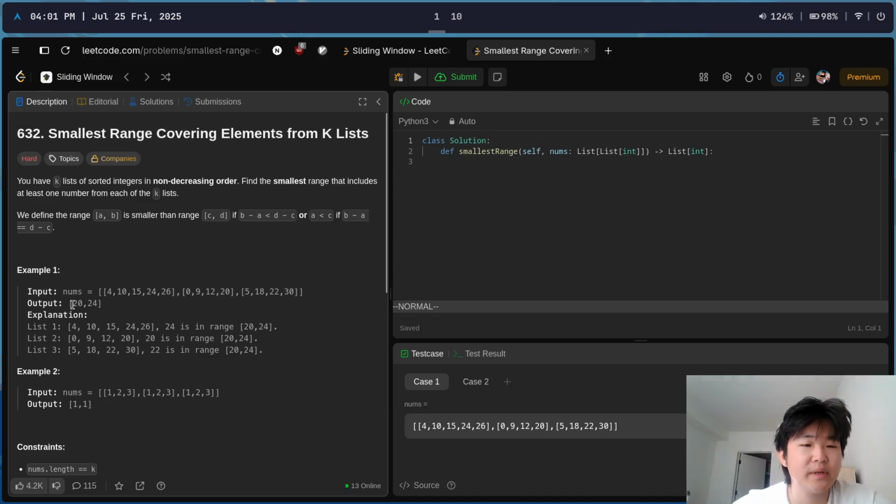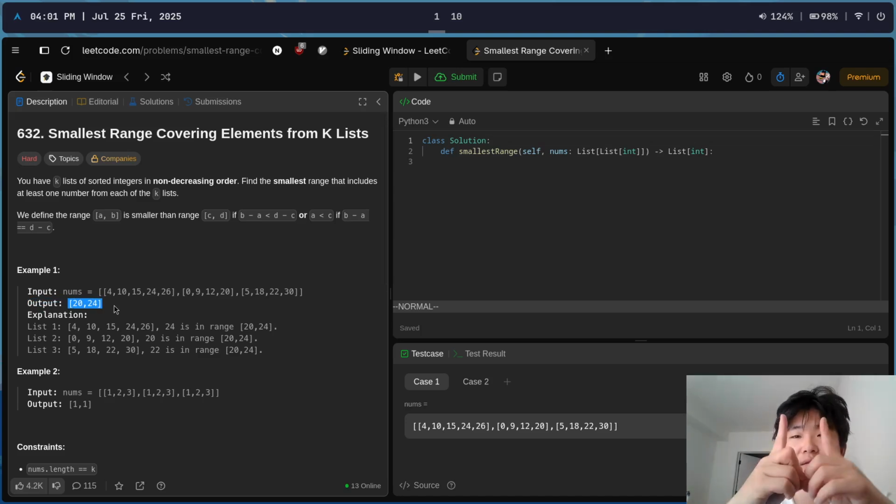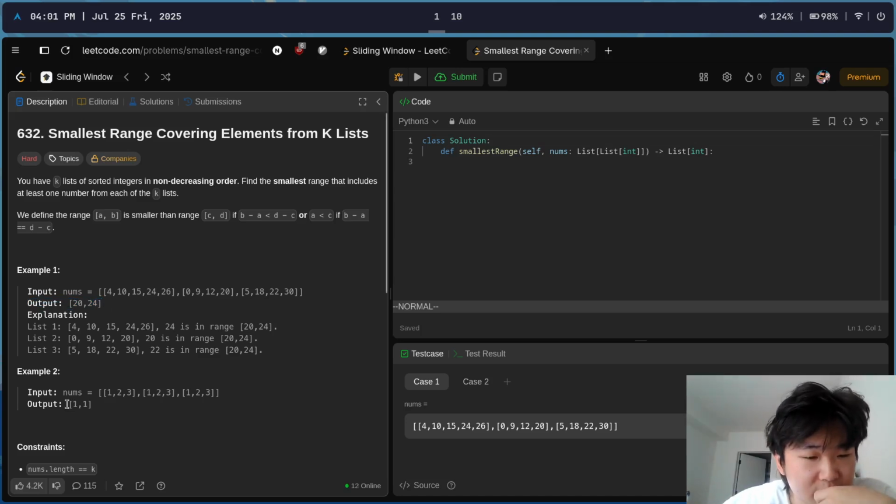Okay, so it's basically a range is smaller if the range itself is smaller. So it doesn't matter if I could have 1 through 10, but that's actually a bigger range than this, even though the numbers are smaller in the other one. So I just care about minimizing the range, right? The range here is 1, 1, because there's at least a 1 in every single list. I could do 1 through 2, but